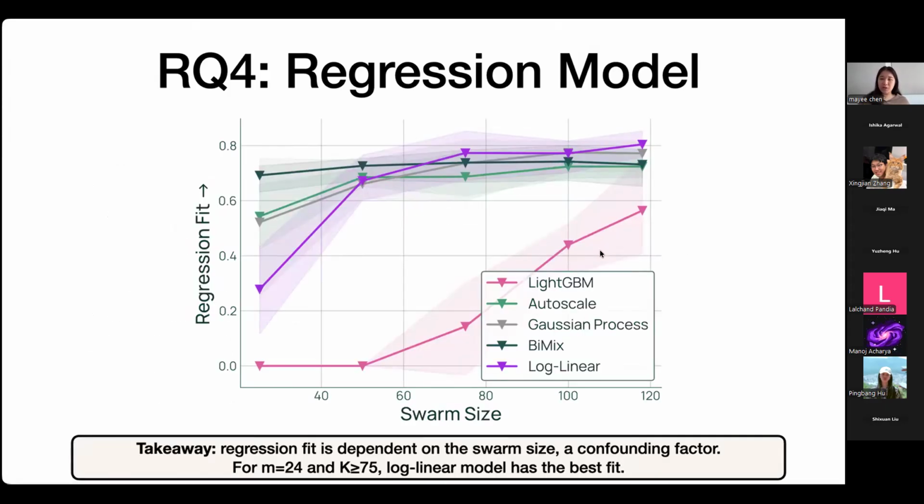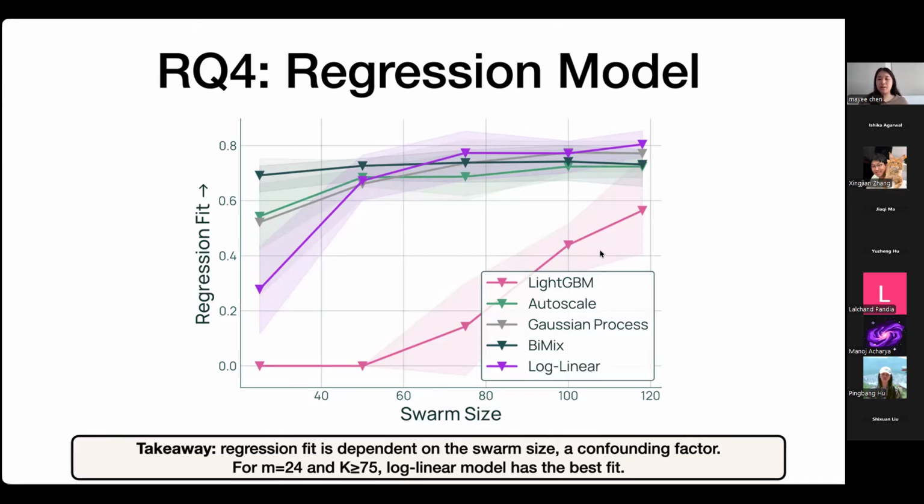First, we measured how good the regression fit is of each of the models we consider, and we looked at how this depends on the swarm size. This reveals something pretty interesting, which is that different regression models excel at different swarm sizes. And this potentially explains why there's a lack of consensus in the literature on which regression model to use. For instance, BiMix is quite good for small swarms, while LightGBM, the gradient boosting, needs a lot of